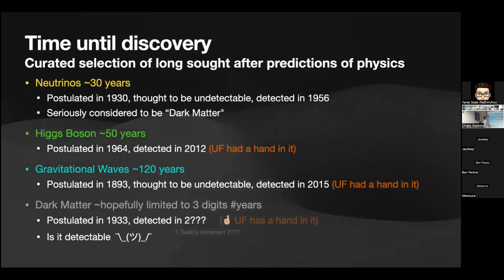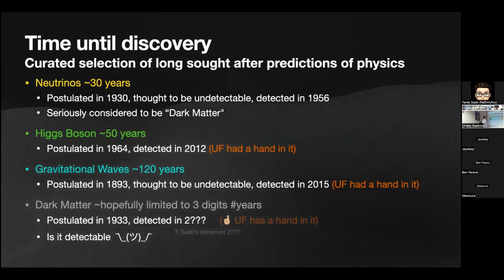I mean, neutrinos are really the original dark matter, right? There was good reason to think something was out there. There had to be a new particle, and it took 30 years, which may have sounded long at the time. But if you look at the history between when the Higgs boson was first postulated and discovered, it was 50 years. Gravitational waves is even longer; that's been around since general relativity came around. And dark matter, I'm hoping it does not run more than 100 years,